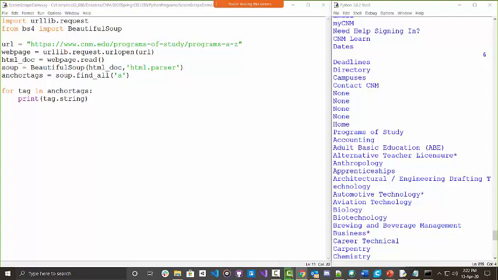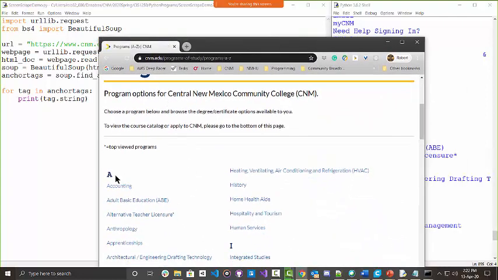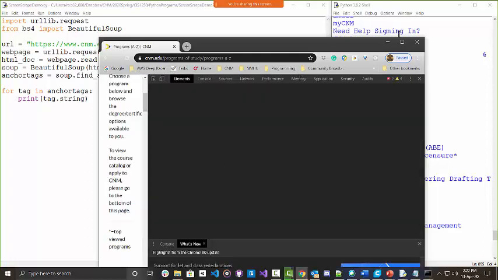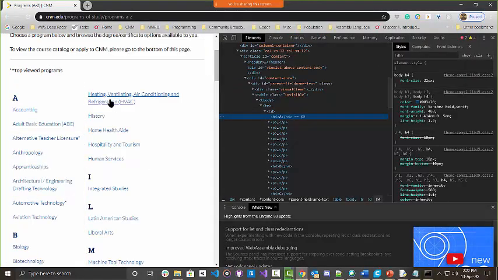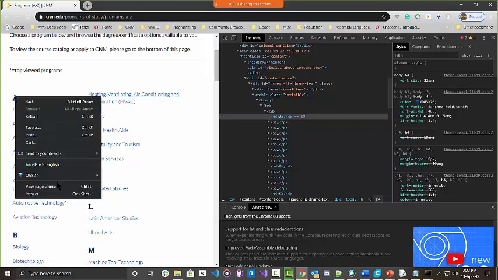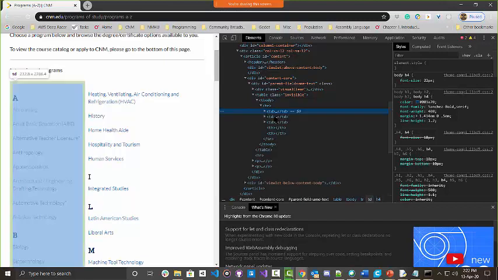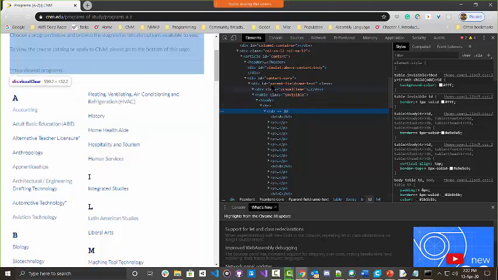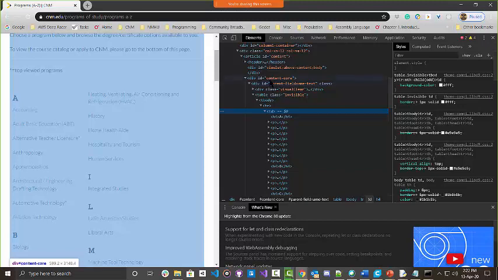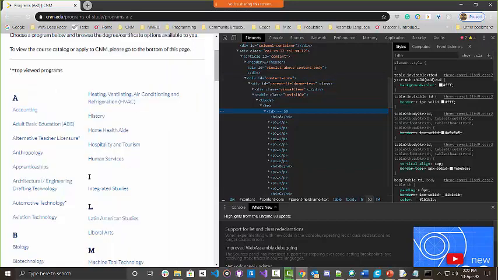But here's that page. If I were to inspect this item here, most browsers today have tools. If I right click and rather than view source, I do inspect, it opens it up in a friendlier way for me to see what's going on. What I'm looking for is maybe a class name or an ID, actually. And so content core ID, I might be able to use that. So if I have the content core and